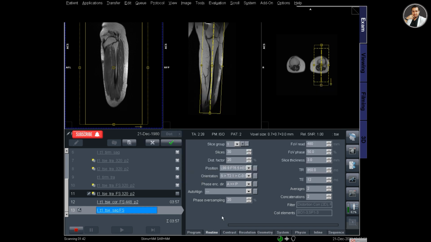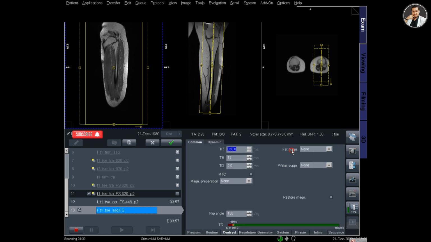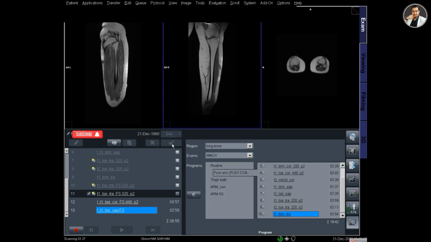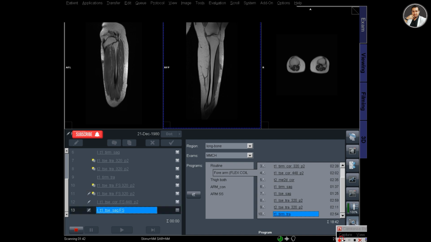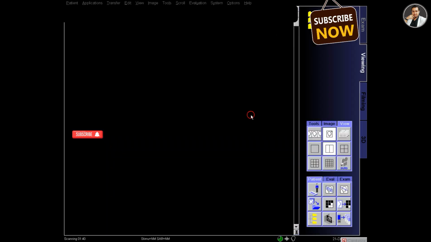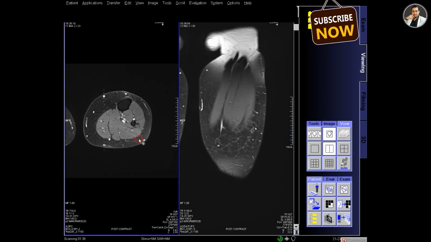Right click on the protocol and the properties will appear, and also from the parameter change the contrast of the protocols to fat set so that the images are fat saturated after giving the contrast, and click apply. So T1 transverse, T1 coronal fat set and T1 sagittal fat set post contrast protocols have been running.